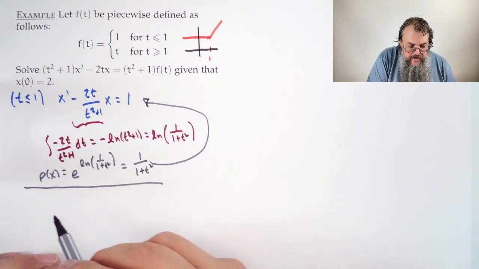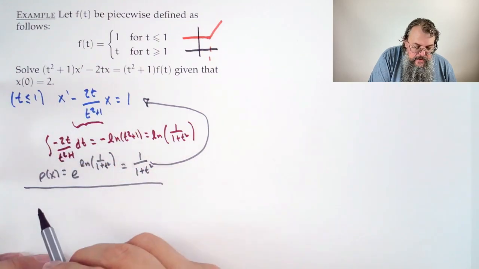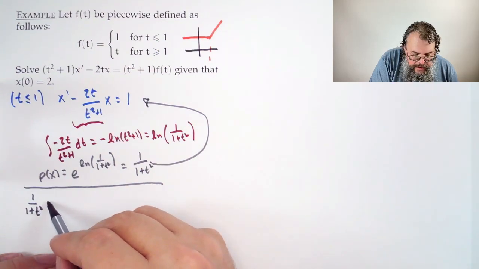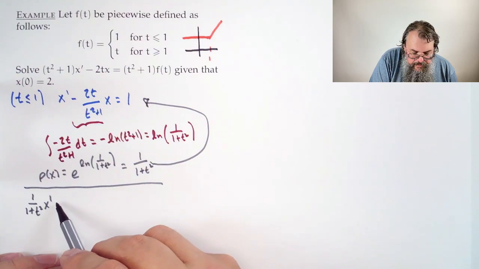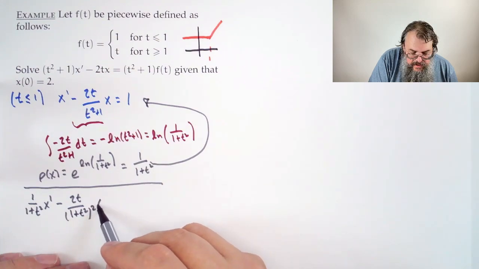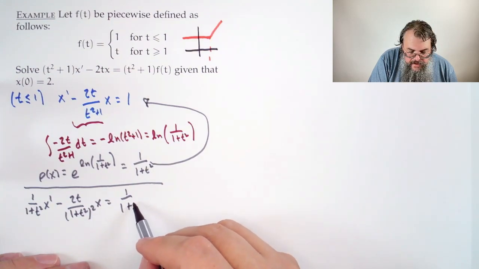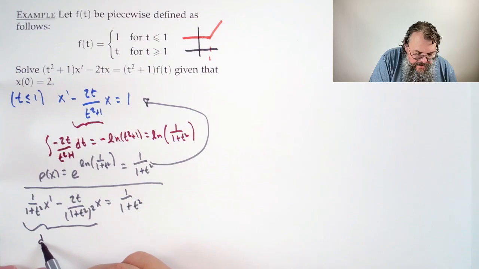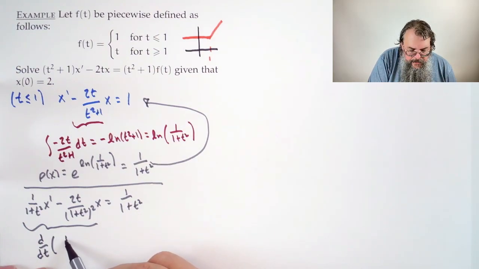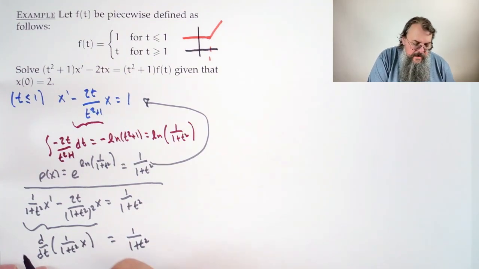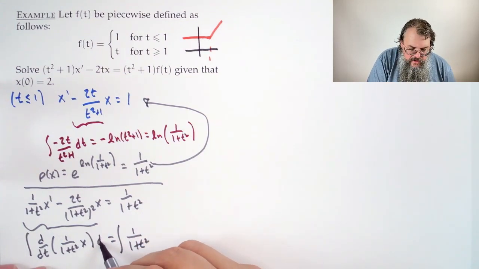Okay. So we now have, what will happen? Well, we'll do it in slow motion just to get good habits. Lots of copying going on. That's all right. It's good to do lots of copying if we get the points. And don't we want the points? Yeah, we want the points. So the derivative, we have 1 over 1 plus t squared times x, and that's 1 over 1 plus t squared. We integrate both sides with respect to t,